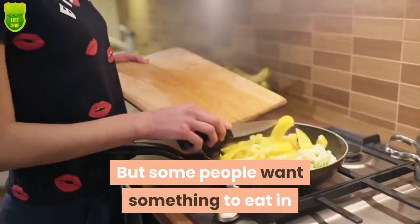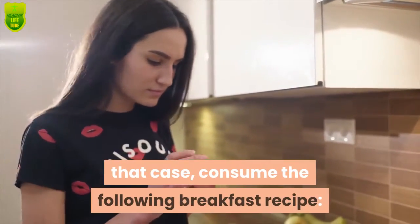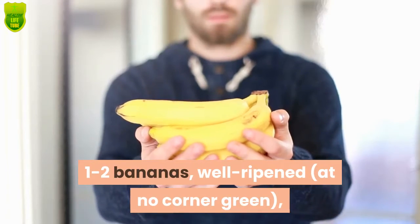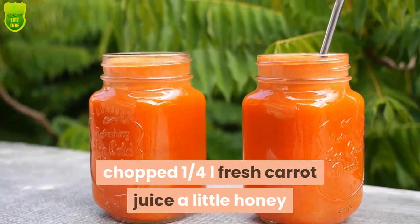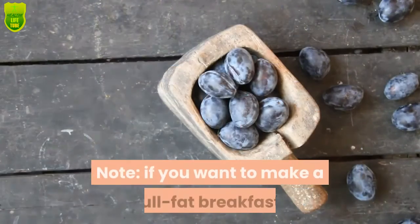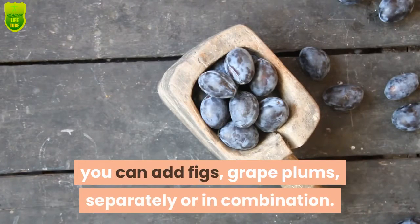But some people want something to eat. In that case, consume the following breakfast recipe. 1 to 2 bananas, well ripened, with no green corner, chopped, 1/4 L fresh carrot juice, and a little honey if you want to sweeten. Note, if you want to make a full-fat breakfast, you can add figs, grapes, plums, separately